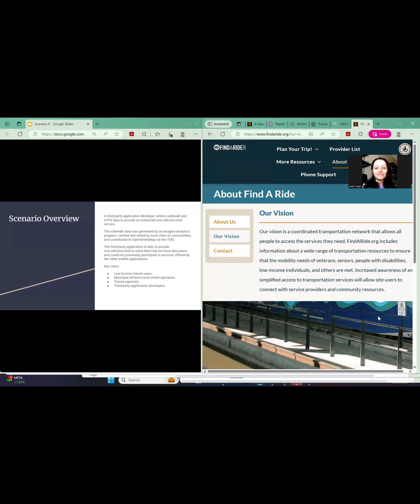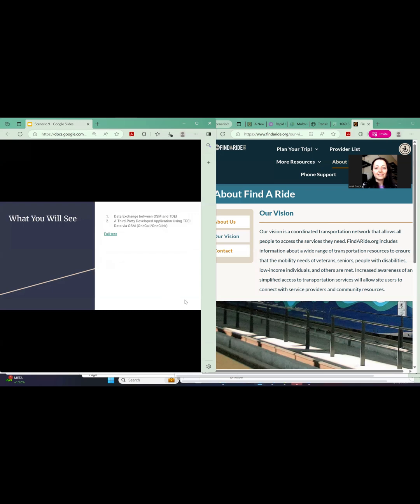So this trip planner does not sell anything, but rather it makes the services discoverable and available where they currently are, for example, not found on mass-produced applications. So the key users here are low-income transit users, municipal infrastructure owner-operators, transit agencies, and third-party application developers.